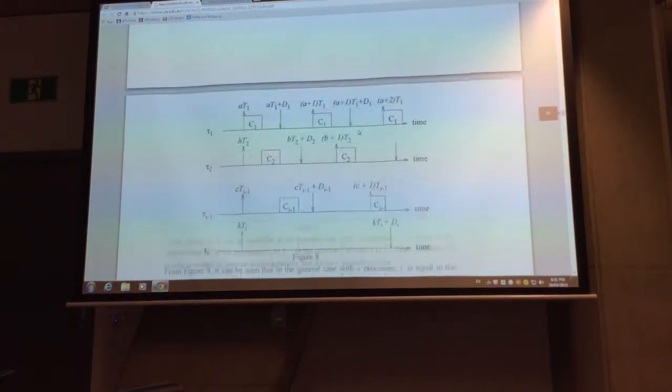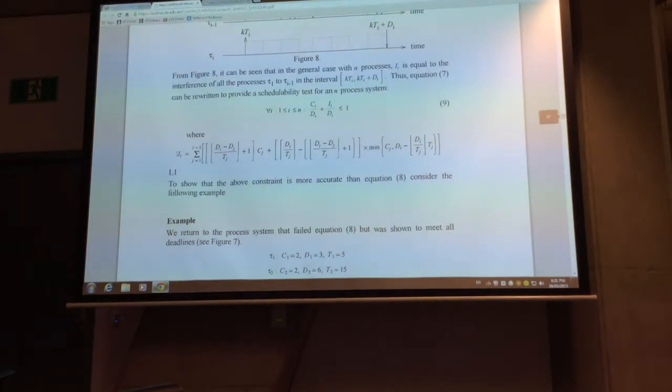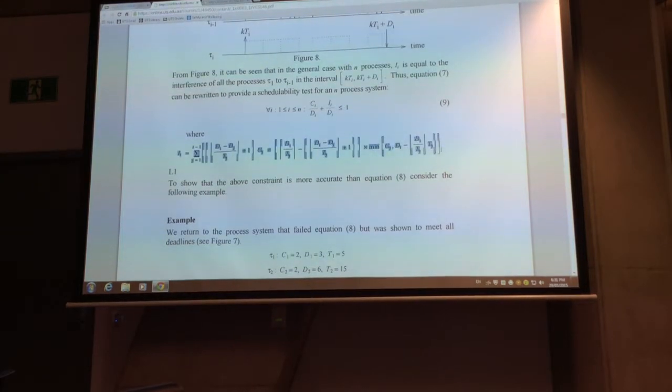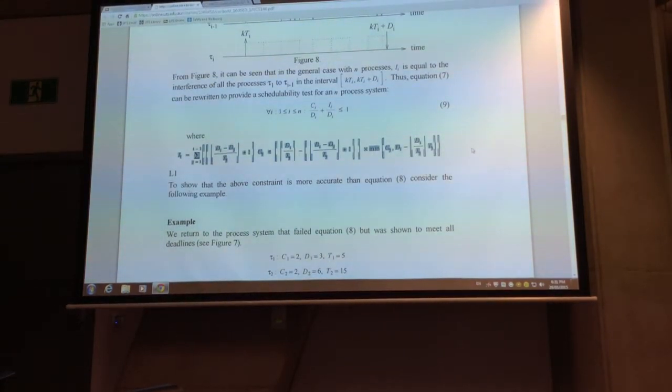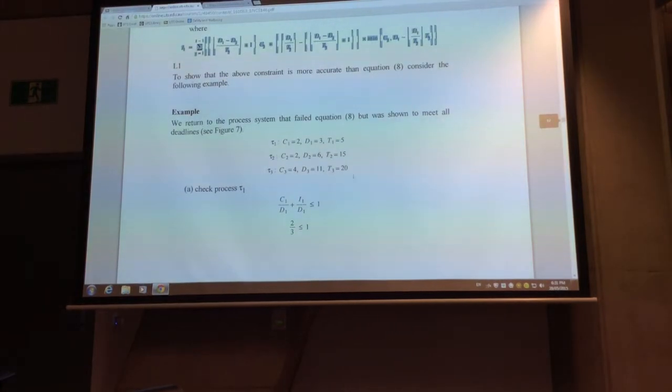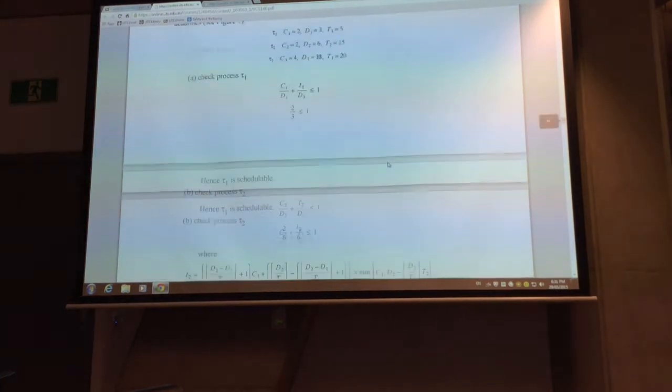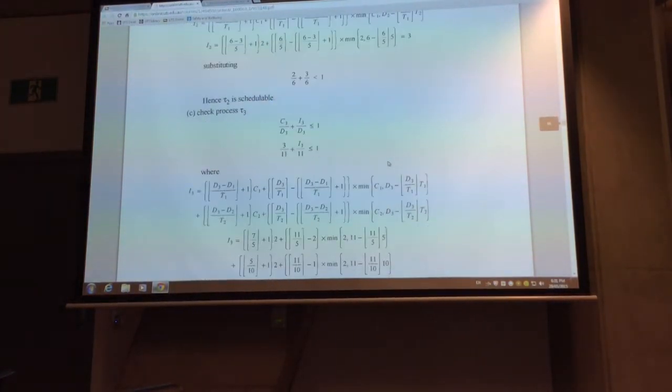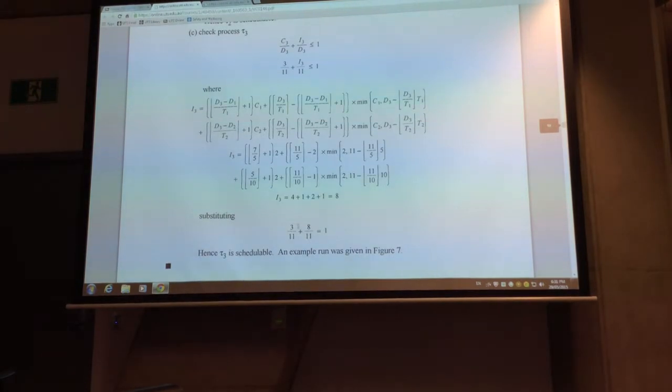So, of course, the last step is to derive this expression here, which is the more precise modelling, the more precise characterisation of the interference factor for an arbitrary number of tasks. And we finish off by applying that to this last set of problems here, where we've extended the deadline for task 3 from 10 to 11. The only problem is, this is where he makes one of his arithmetic mistakes. He ends up with,